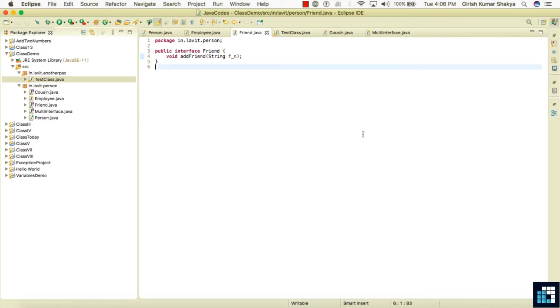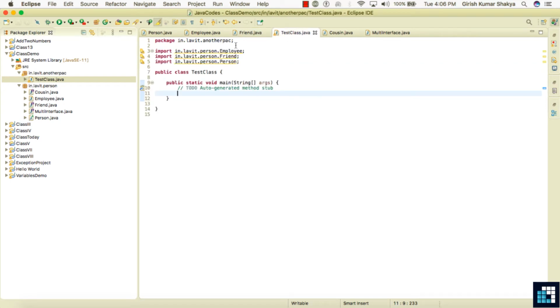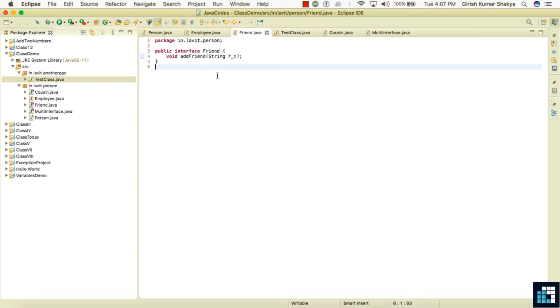So friends, we can also create an interface. We can also use the interface as a variable, as an object reference variable. Although, if we use it, we can only implement the methods available in that particular interface. So for example, here in the test class, let me try to use this Friend interface as an object reference